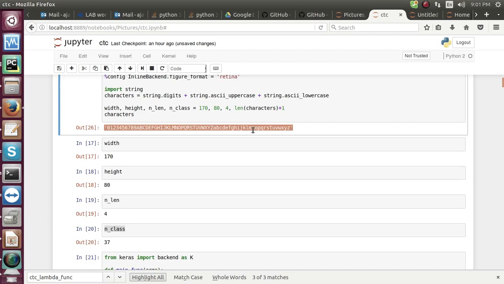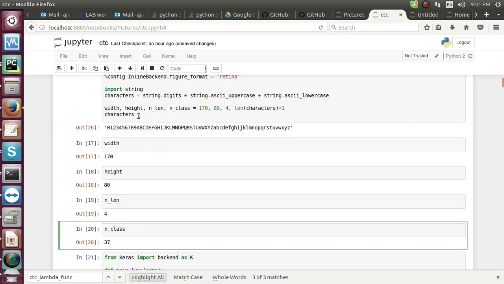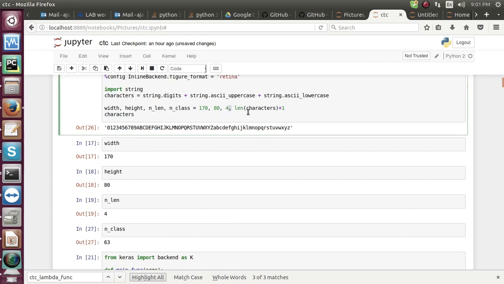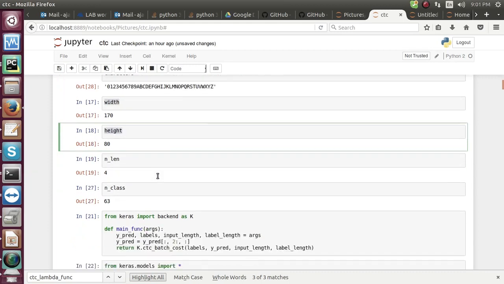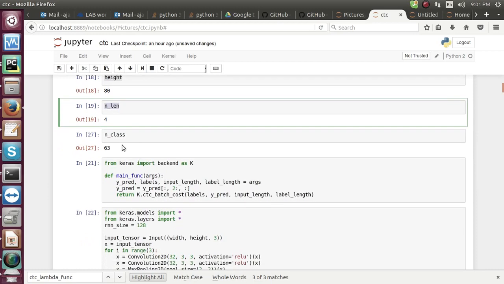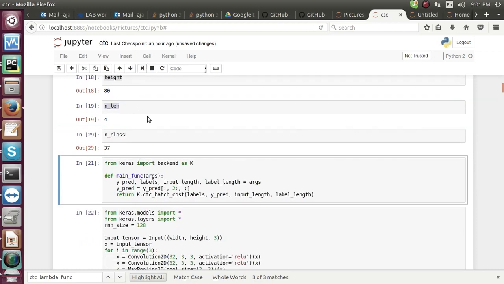Now lowercase also gets added, and the number of classes changes as well. If I run this block and check the classes, the number of classes has changed to 63. We can also change the captcha, but as this model is for 4 characters, let me get back to the model. The number of classes is 37, width 170, height 80, length of character is 4.